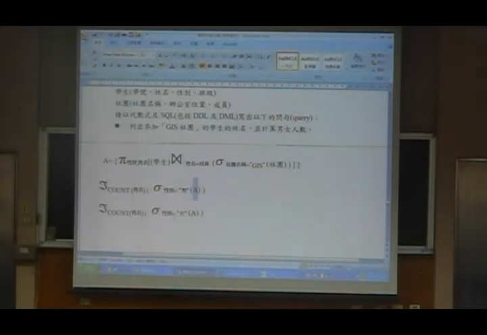Similarly, you can count the female. Okay, so you select female from the table A and count how many names on it, and the result is